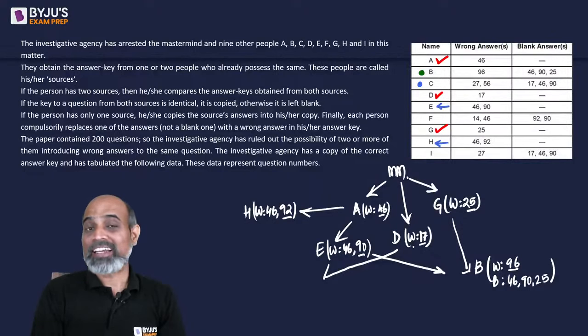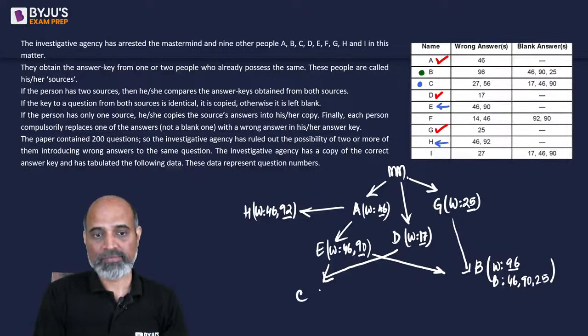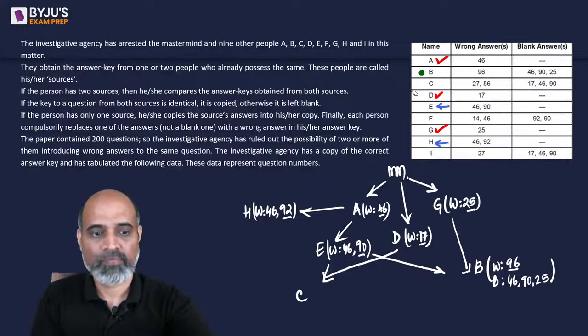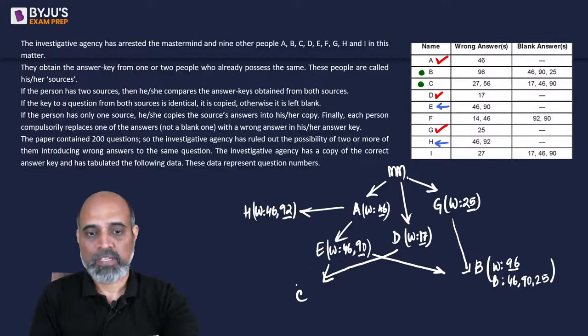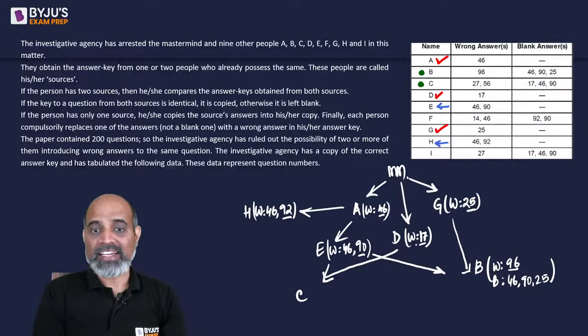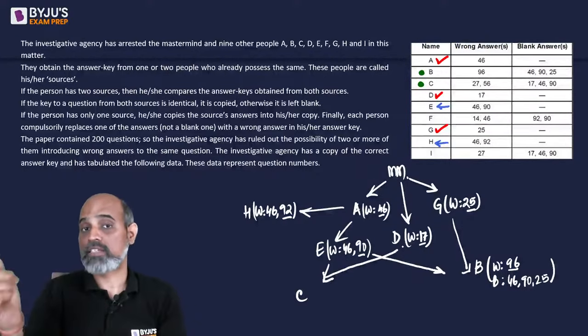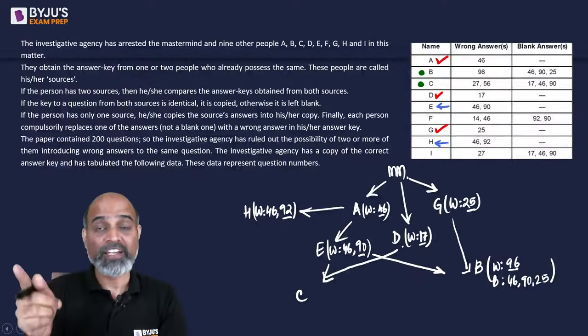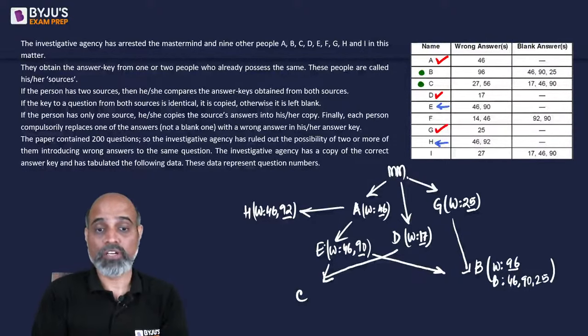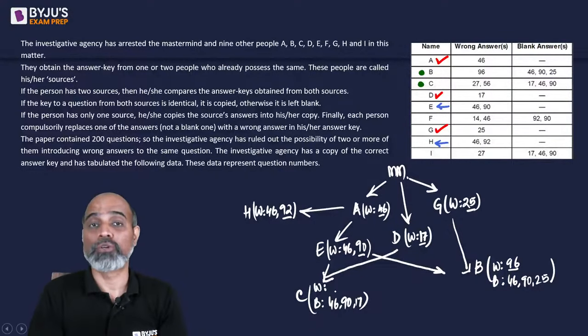So if we look at E and D, somebody who copies from E and D, who is going to be C here, he will look at E and D. In 46, one is wrong and the other has something else. In question 90, E has something wrong and D has something else. In 17, D has something wrong and E has something else. So he's confused, so he's going to leave those blank. He's going to leave 46, 90 and 17 blank, and he's going to make a new mistake on his own,